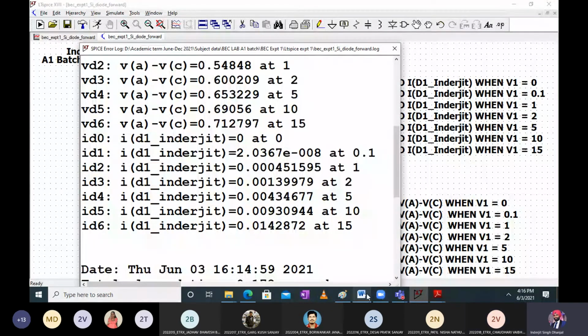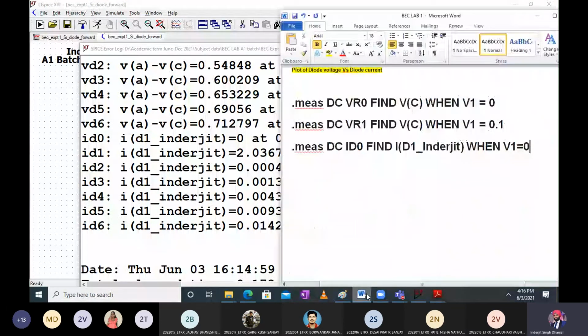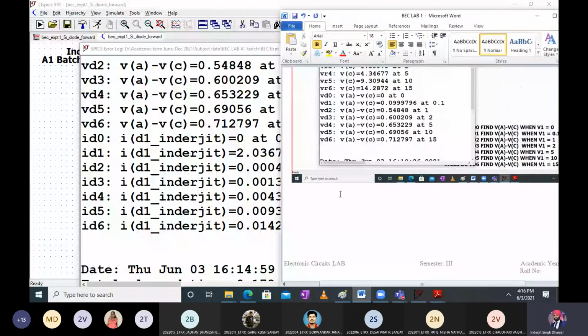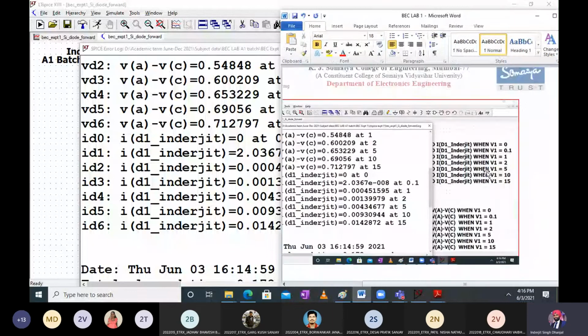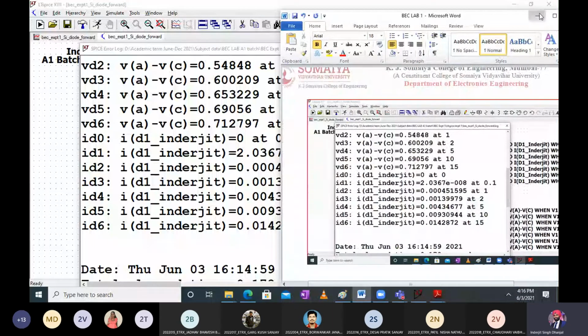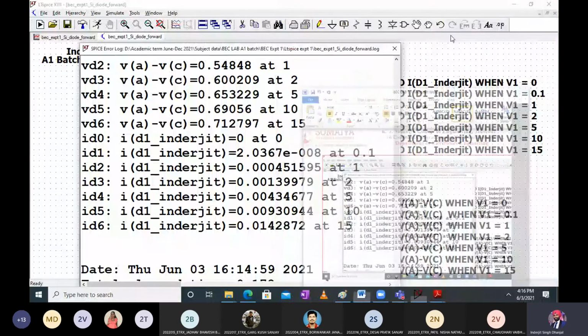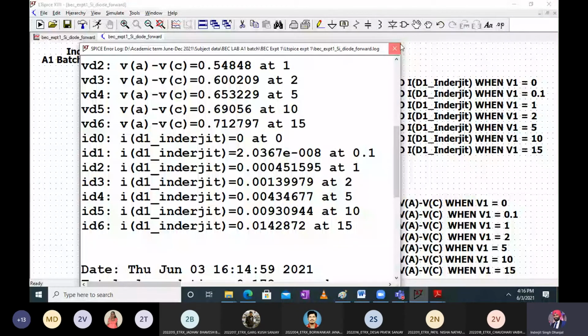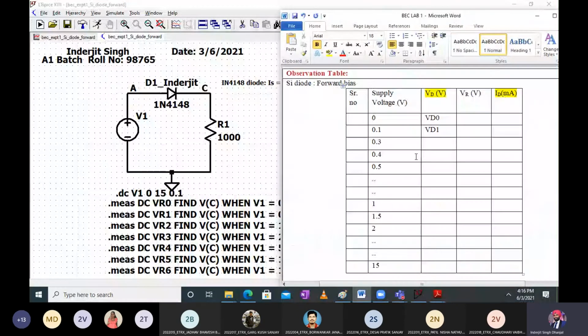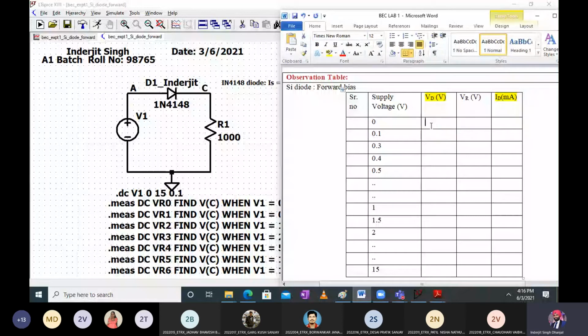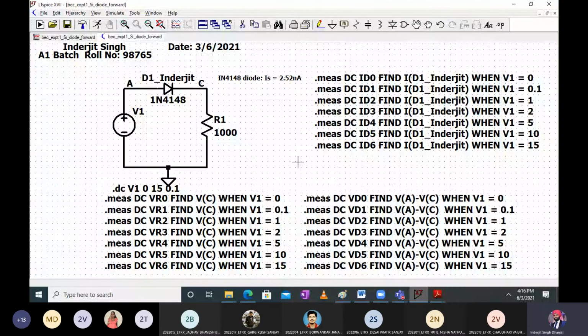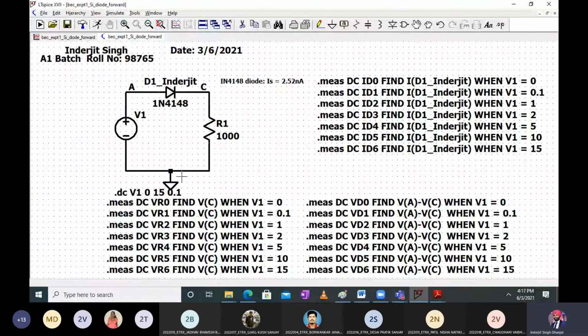Okay. So let me tell you a few things. Now I will tell you ahead. You understood now how to fill the table. How to fill the table for forward bias you have understood now, correct? So follow the same procedure, complete the table. Fine with it? Now listen carefully. Everyone, stop doing whatever you are doing and listen carefully. So this way you complete for forward bias. For reverse bias, what will you do?